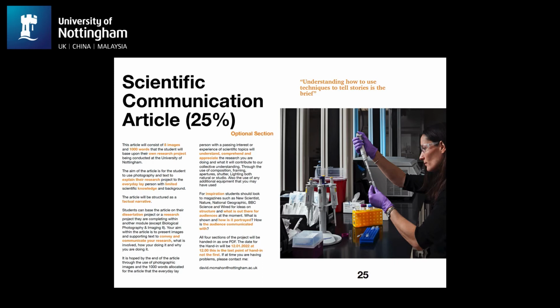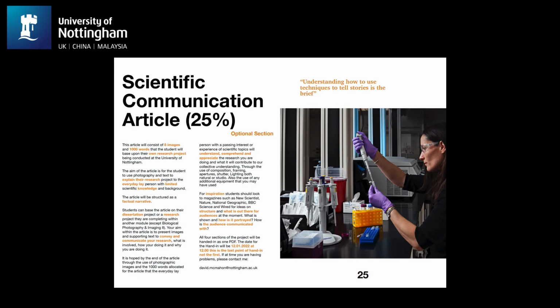Now this is going to be based on 8 images and 1,000 words. So that's primarily what you have to do for it. What we're thinking about with this one is for you to use the information from your research project, or one of your dissertations, and create a visual concept about the research project that you're doing. So it's enabling you to tie up something that you're doing already within the university and bring it into our photography area,